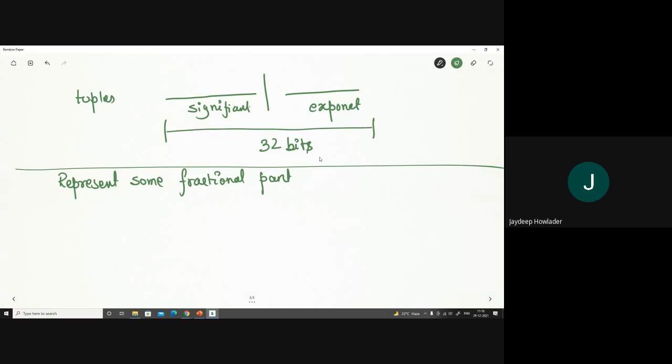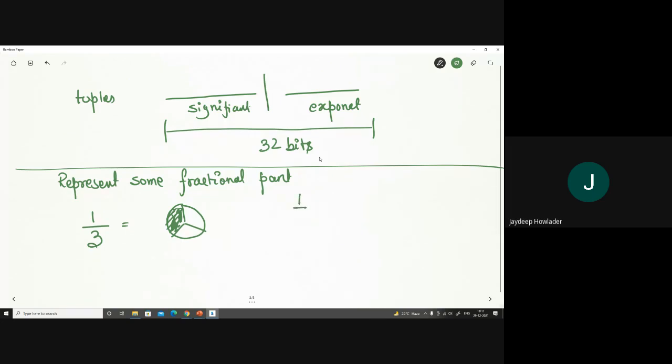The fractional part is, say, if I take a fraction like 1 by 3. That means I have a whole, I divide the whole into 3 equal parts, and I have collected a 1. So this is called the 1 by 3. Okay, understand? Now, if we represent these things in the decimal number, then what does it look like?